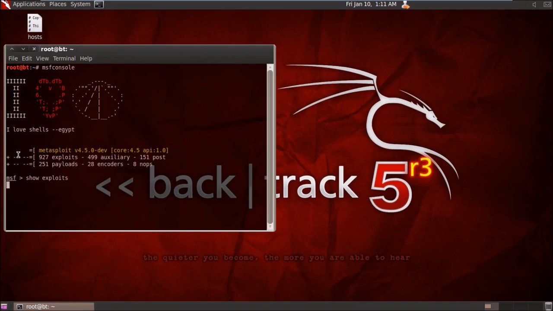To view them all, it takes a little time. Imagine if one of the exploits that I'm using can hack into someone else's system, so what can the other 926 do? For that, I would suggest explore your Metasploit, explore your BackTrack, and you never know what you might achieve.